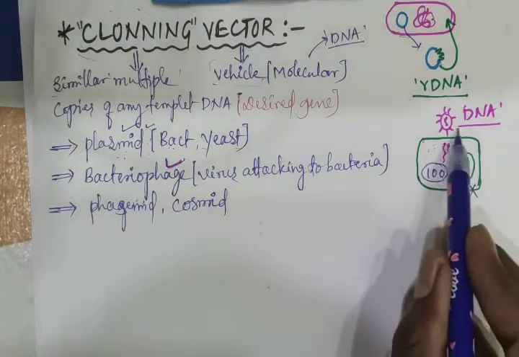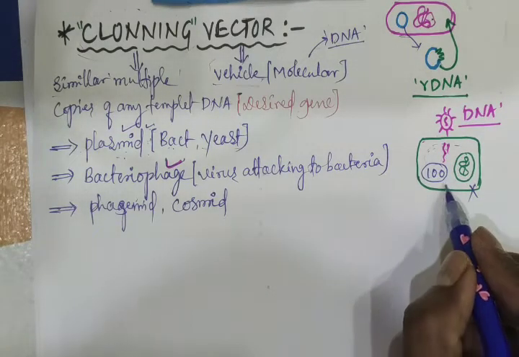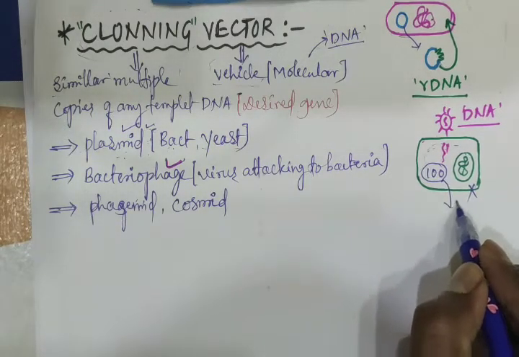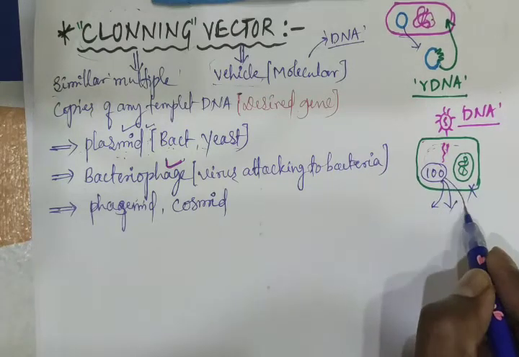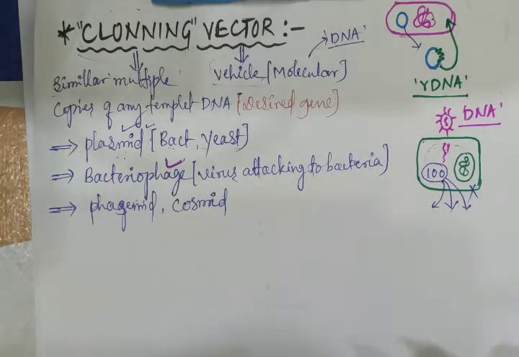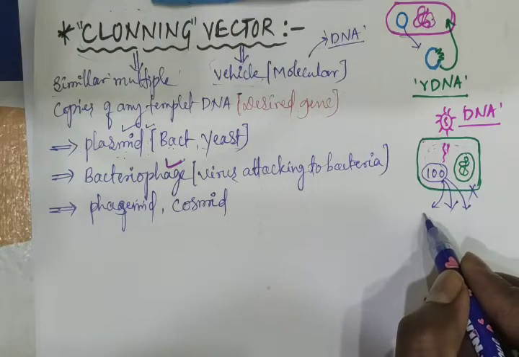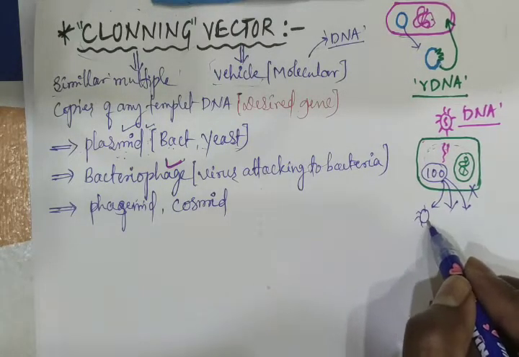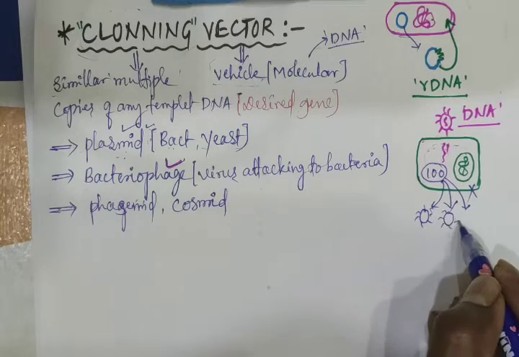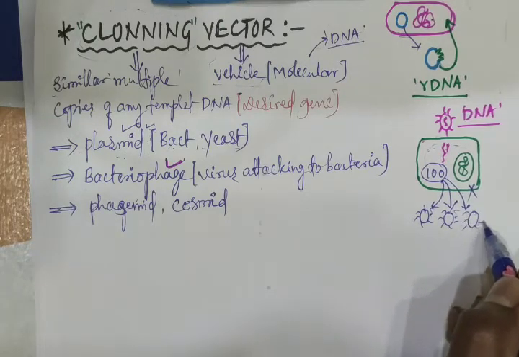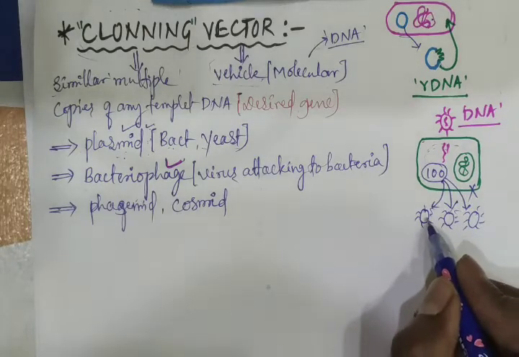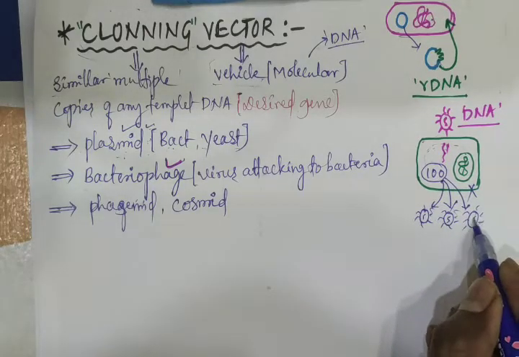So its membrane is going to rupture. Then all the 100 viral particles will come outside, right? Already we have seen in the diagram in the life cycle of HIV. Now one viral particle, again one viral particle or one virus, attacks a new host cell. So this is the mechanism actually.